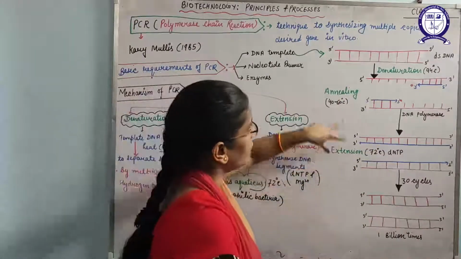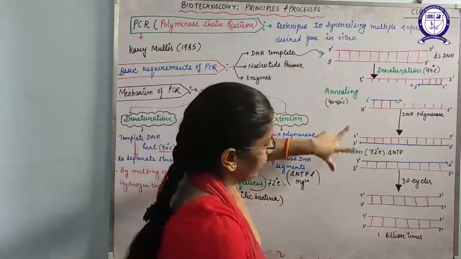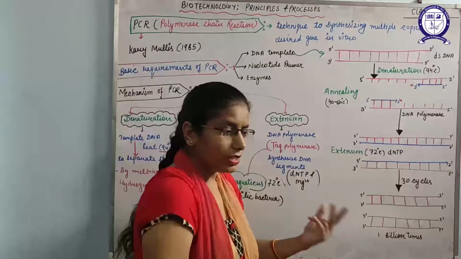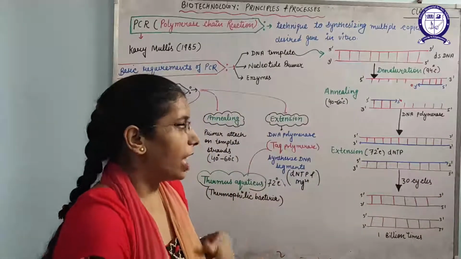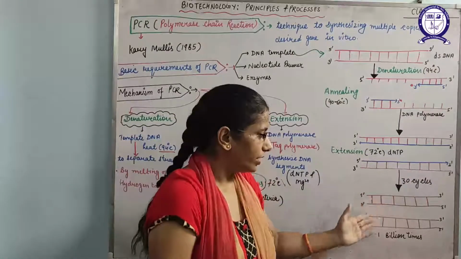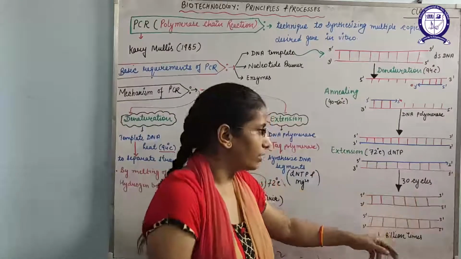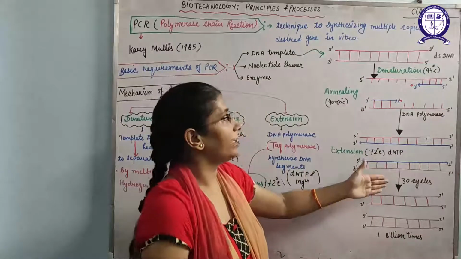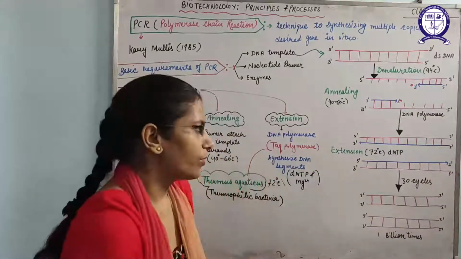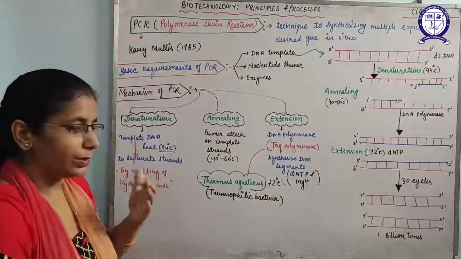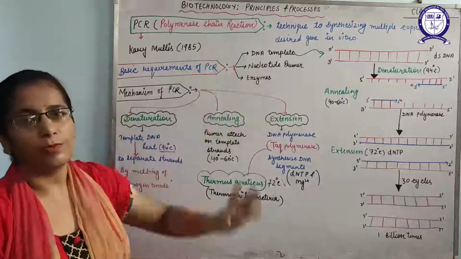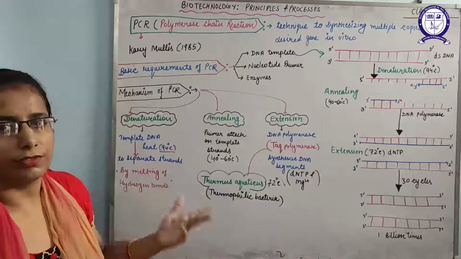So you can see here we have taken only one strand, but here we are getting the two strands of the DNA. And it will depend upon our requirement, how many copies of this DNA we will require. So I have written here, after 30 cycles, what would happen if we are getting the two DNA strands from the one. So after 30 cycles, billions of copies we can obtain by this. So it will depend upon the requirement, and according to requirement we have to add nitrogenous bases, enzyme, and only one DNA template is enough for that.